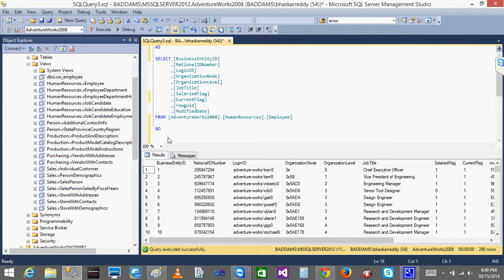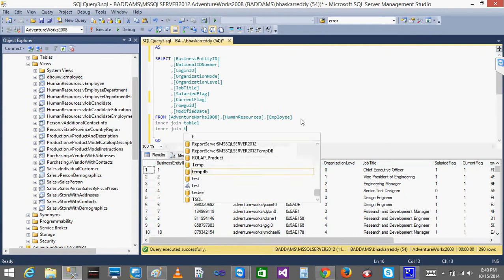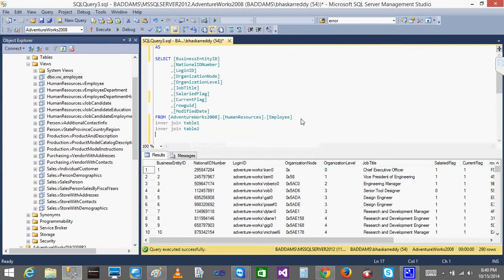Like if you want to store some data, if you have multiple joins, okay, inner join you have some table 1, next you have inner join table 2, okay, and then you will write some conditions. I am not writing anything on condition here.